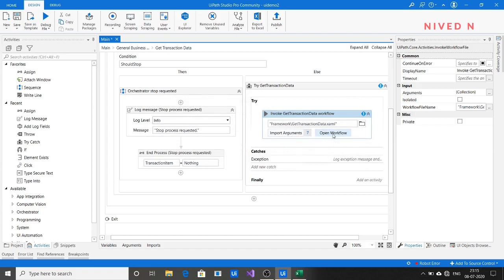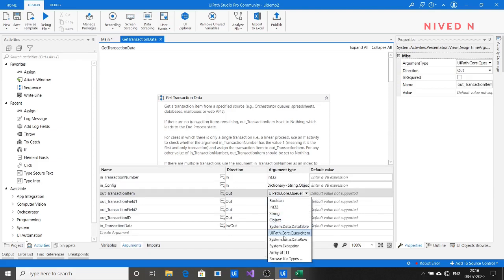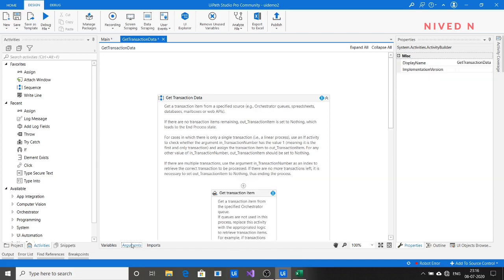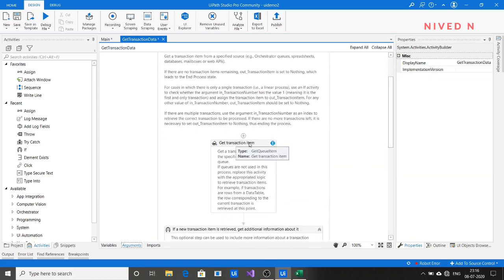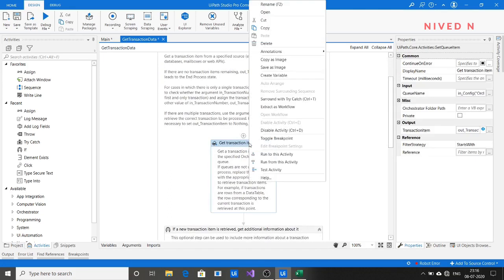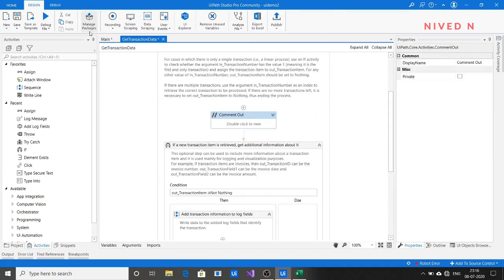Just open the workflow and change the out transaction item argument type to data row. Click on it. We know that here there is a Get Transaction Data activity. Since it is not a queue item, we can disable it. Just right click and click on Disable Activity. It is disabled. Just save it.